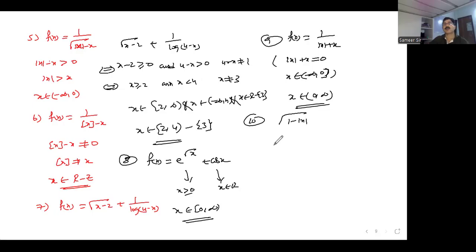अगर से मैं ऐसा दिया समझ, √(1 - |x|), अब इसको क्या करेंगे, 1 - |x| greater than or equal to 0, |x| is less than or equal to 1, मतलब |x| lies between -1 and 1, ऐसा लेना। ओके,